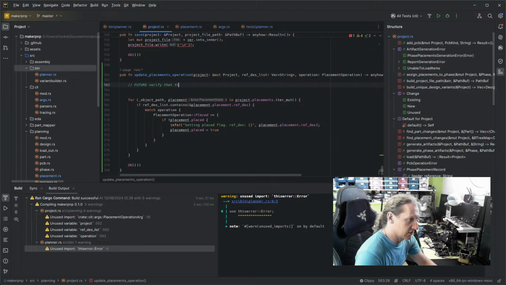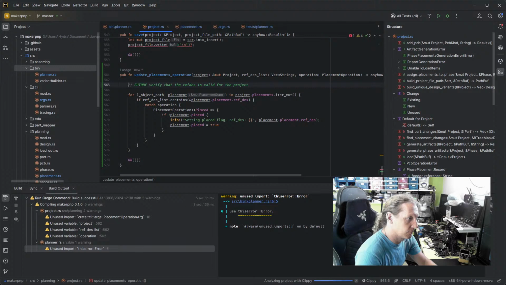Verify that the refdes is valid for the project. That each refdes